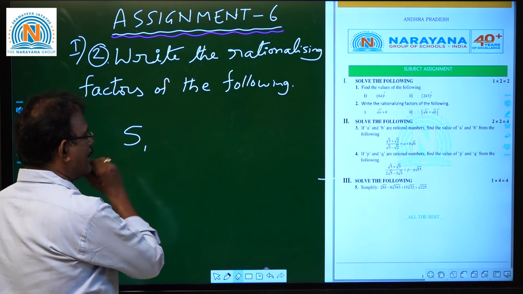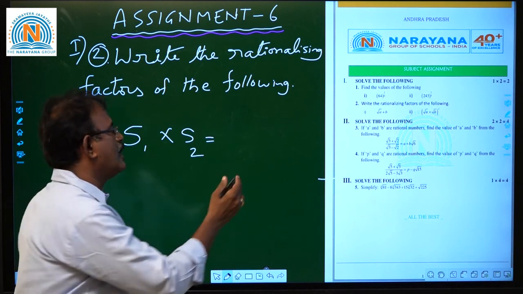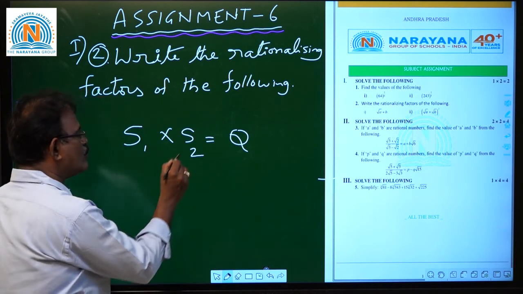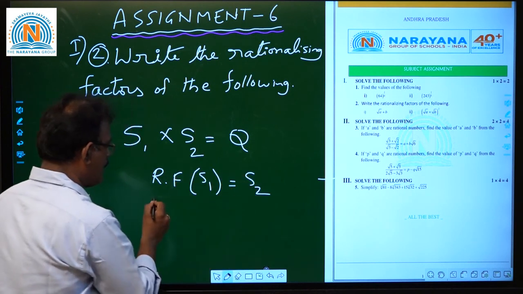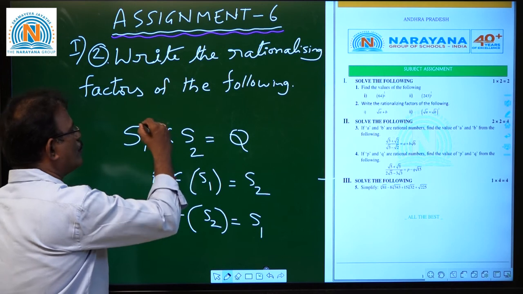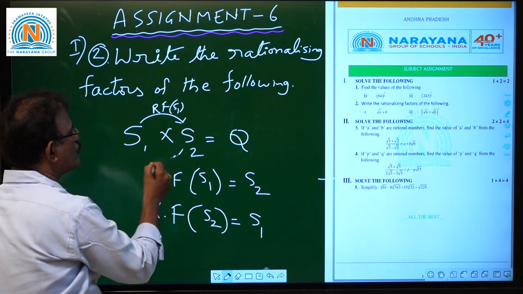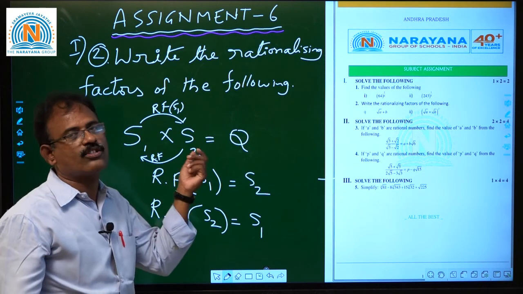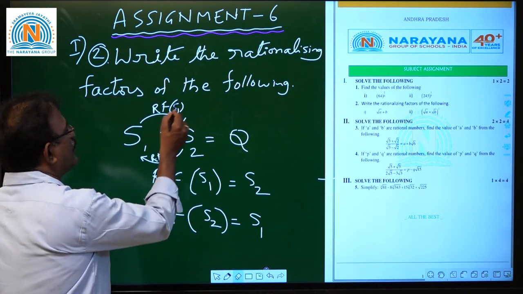When an irrational number is multiplied by another irrational number to make the product rational, in this case S2 is the rationalizing factor of S1, and the rationalizing factor of S2 is S1. As the two are mutually rationalizing factors to each other, S1 and S2 are called conjugate surds. So according to this concept,